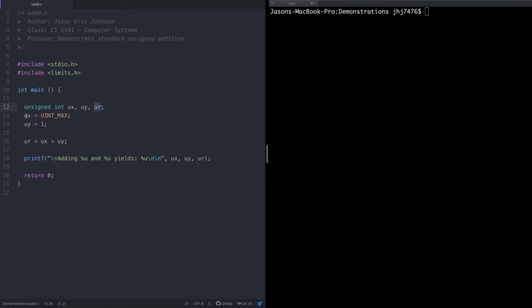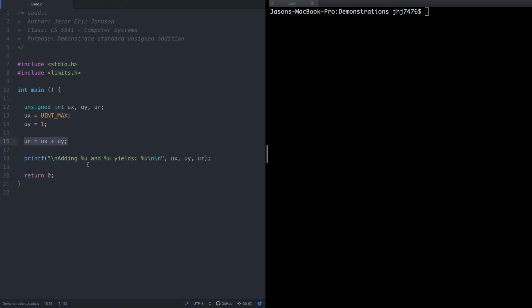UX I'll set to the maximum value for an unsigned integer, and UY I'll set to 1. When I add those two together down here on line 16, we should get UINT_MAX plus 1, but what we'll see is a result of 0